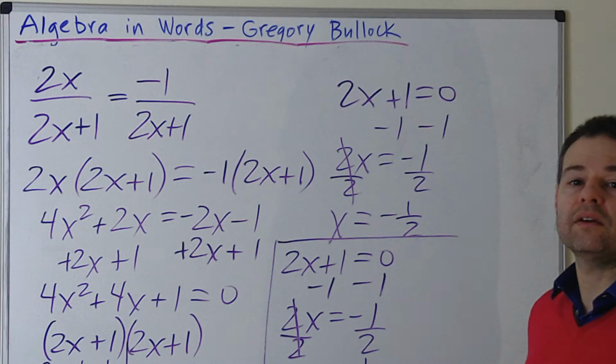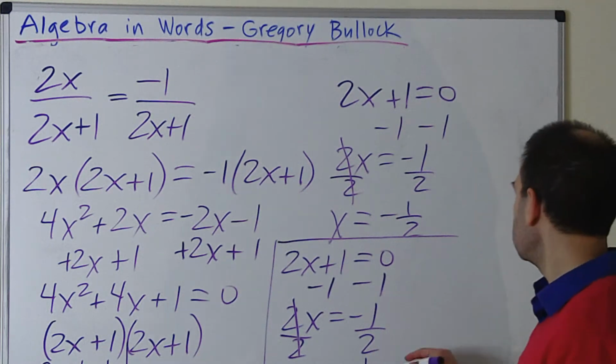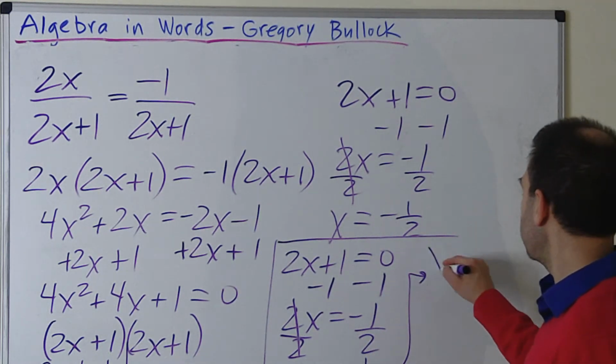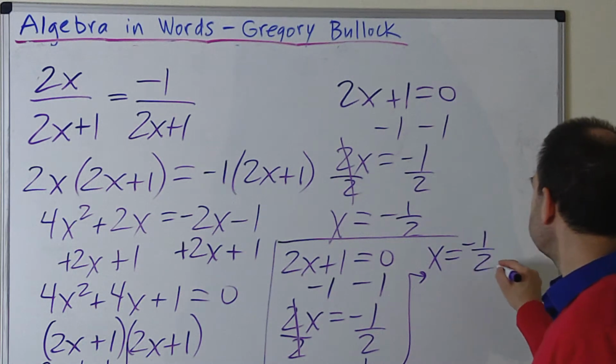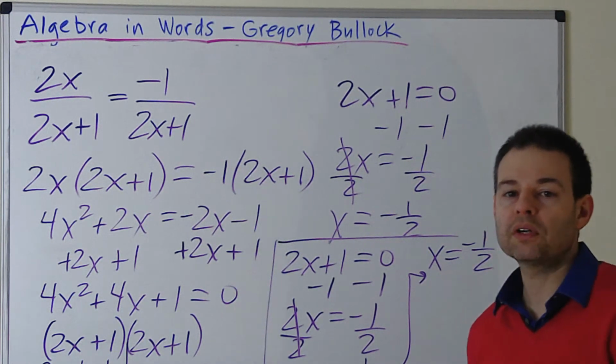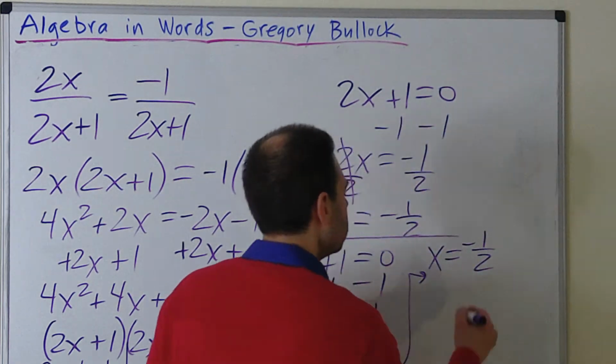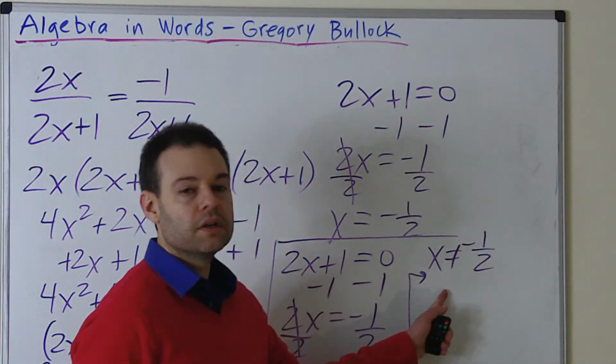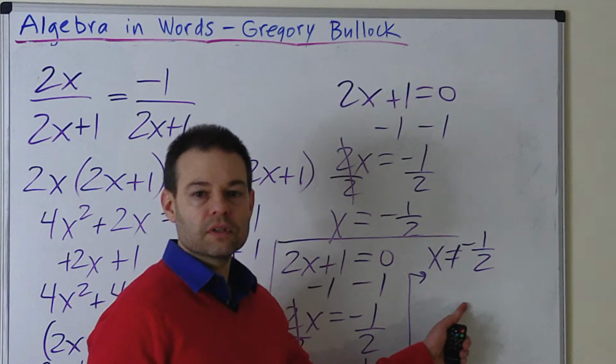X equals negative 1 half. I don't know if you can see that there. So let's just write it up here again. X equals negative 1 half. Now, this was an extraneous solution, so I'm going to put a cross through the equal sign like this, because this x solved came from